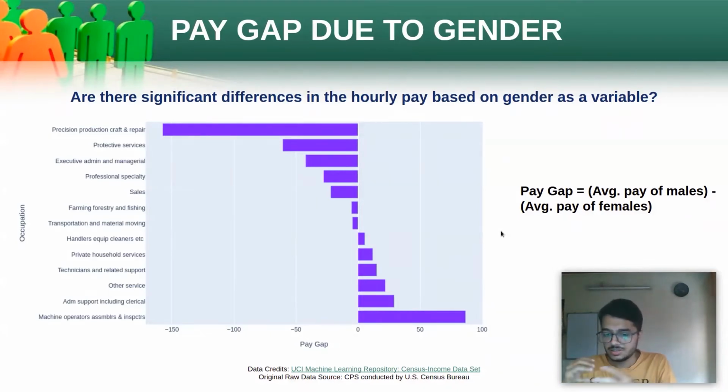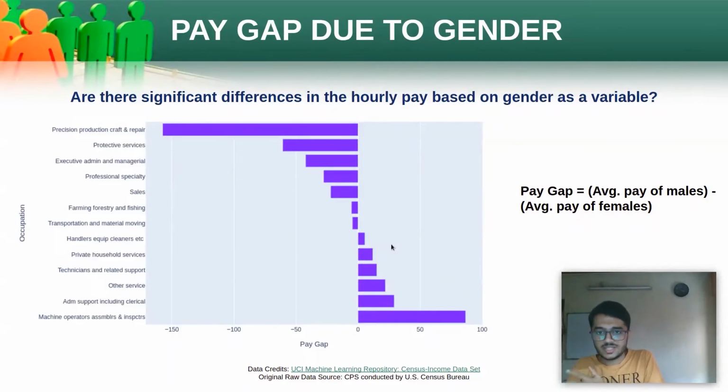We are looking at each occupation, and so you can see what we observed over here. And as evident, the general idea that males are always paid more than females is clearly not accurate. It really depends on the type of occupation. So, in the figure, if you see, a positive pay gap denotes that males are paid more in that particular occupation and vice versa. So you can see how lopsided the figure is.